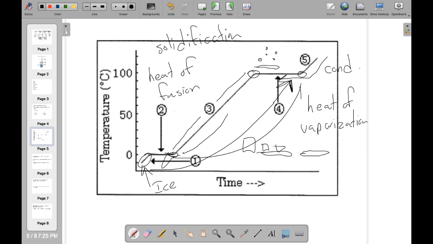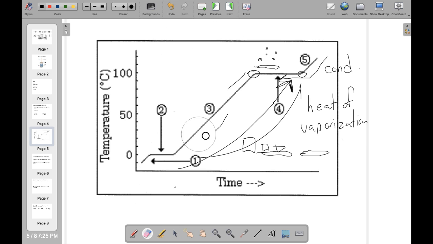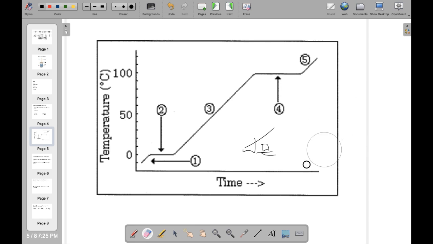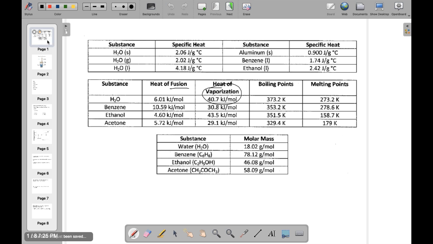So there are different calculations for all this. It takes a different amount of energy to change something from a solid to a liquid than it does from a liquid to a gas. And there are tables provided on the test or in a textbook for you to understand all of this. Right here, it takes 6.01 kilojoules per mole to change 1 mole of ice into 1 mole of water. And notice how it takes a lot more energy to take that water and turn it into